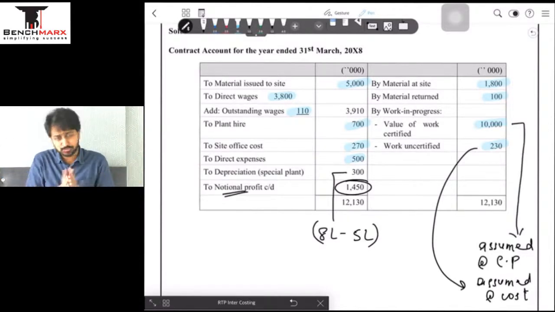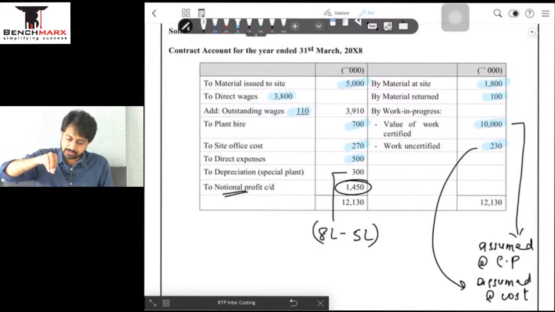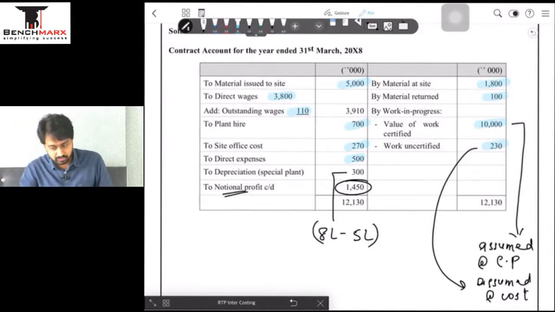As I said, कुछ भी question में difficult नहीं था. It was very very simple and straightforward question, nothing to discuss in this question. The only thing was that प्लांट का डेप्रिसिएशन इज ऑलवेज कॉस्ट माइनस WDV, एंड इफ डेप्री का रेट वुड हैव बीन गिवन देन वी शुड यूज 8 लाख इनटू डेप्रिसिएशन रेट इनटू नंबर ऑफ मंथ्स द प्लांट वाज पुट टू यूज ऑन दिस साइट, एंड वेल दैट्स इट.